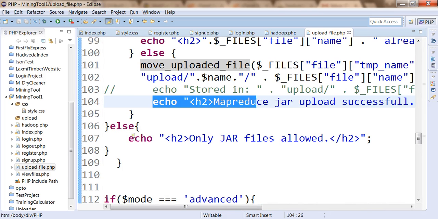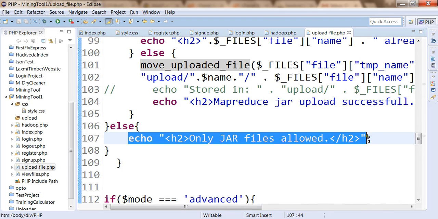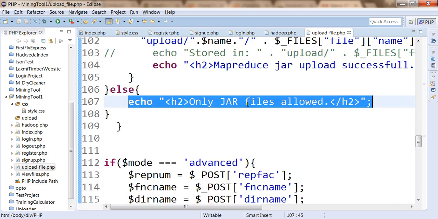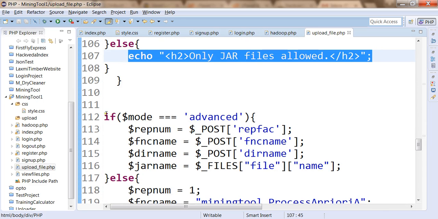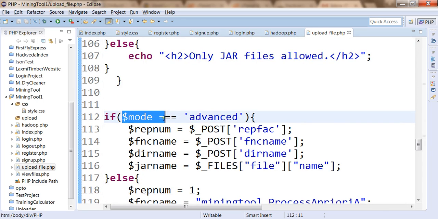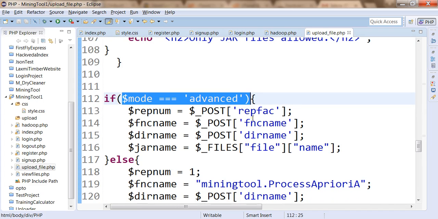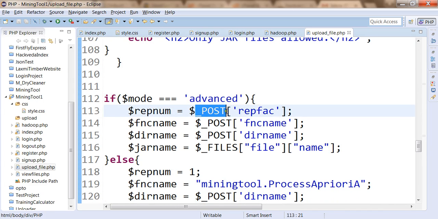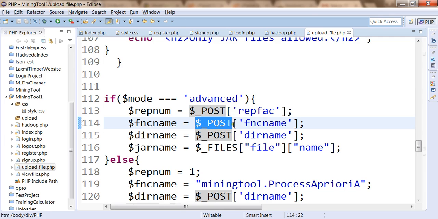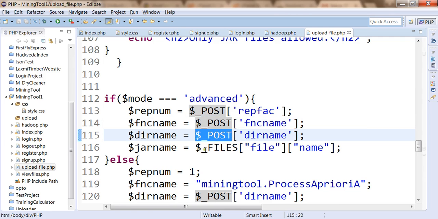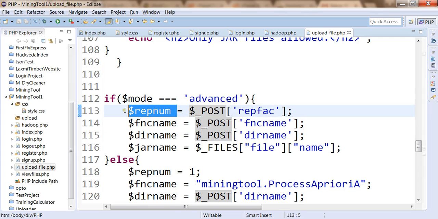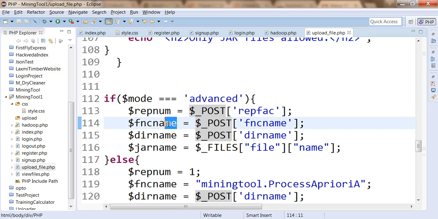And now what next we'll do, otherwise, if we are uploading any file other than a jar file, we are going to get a message that only jar files are allowed. Now, using the if statement, we are going to check if the mode is advanced mode. Then we are going to get the replication factor, name of the function, and directory name from the post request, and we are going to store this replication factor into replication number, function name into $function name, which